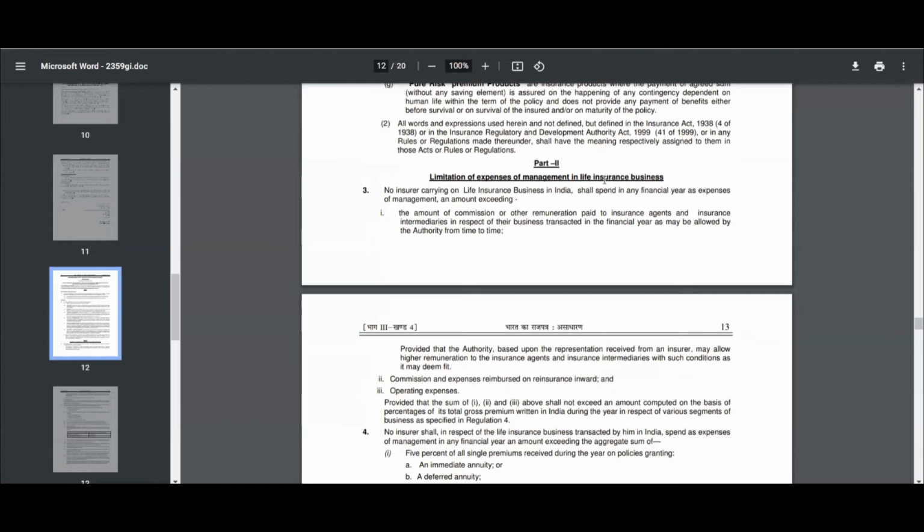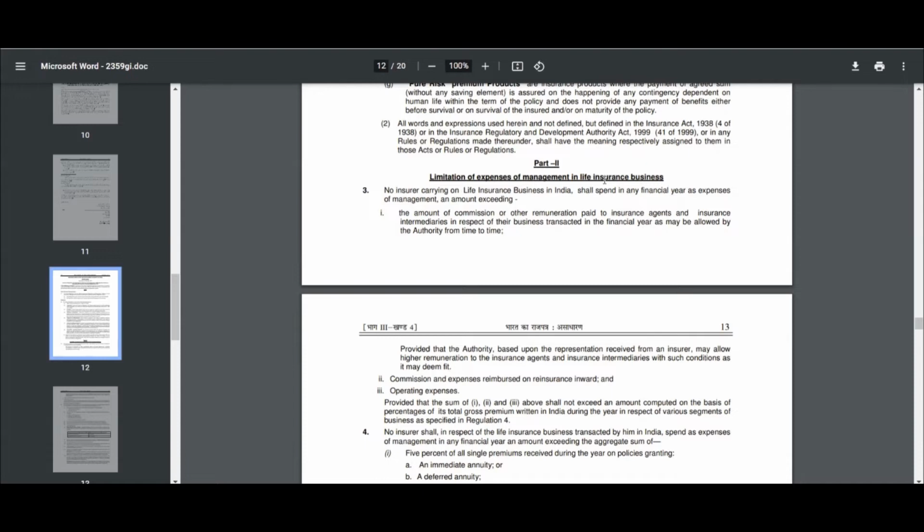Also, any remunerations and other commissions paid from the reimbursement of any expenses or commissions under inward reinsurance, provided the sum of 1, 2, and 3 given above